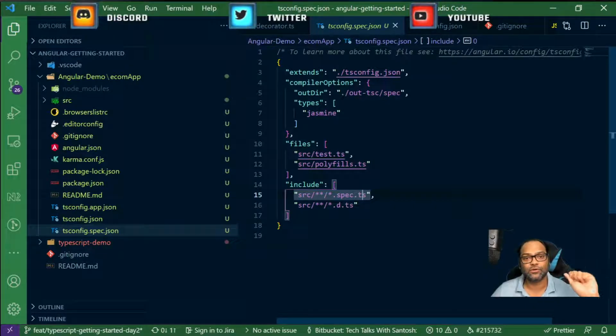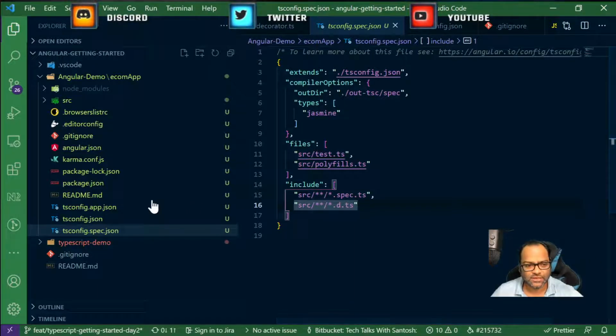It will not include spec.ts. So if you create a component, directive, or module, the spec configuration will not include those files. It will just include spec.ts and d.ts. d.ts files are actually type definition files. Probably we never discussed it, but it's a type definition file which exists in TypeScript.